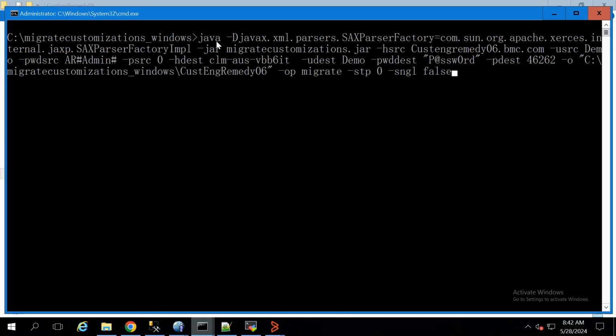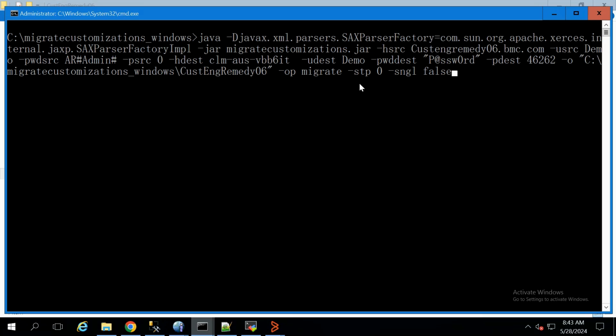You should start with the command java, and you need to pass certain parameters, including the jar file name and source server name, source server username, source server password, source server port, and then you have to pass destination server host name, destination server username, destination server password, destination server port, and the path where you want to generate the logs, and then